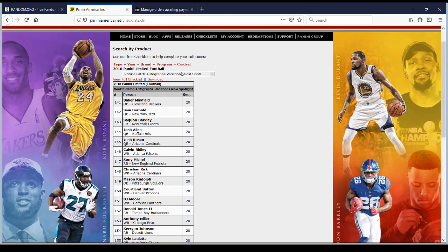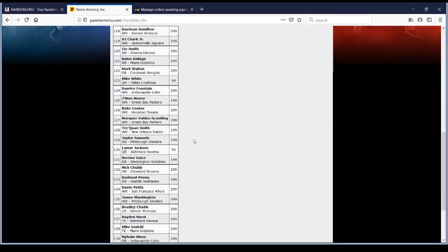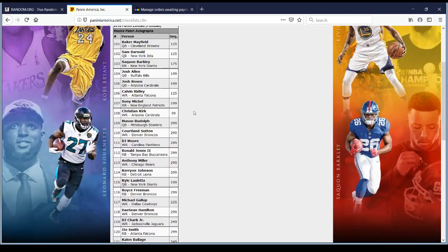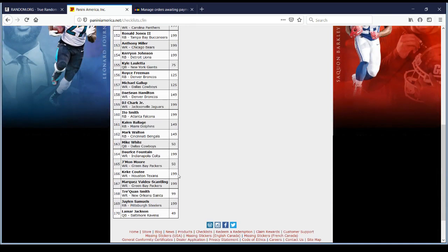Now we need to find rookie patch autograph variations without any color listed after it. That one will be our Jaylen Samuels. And he is going to be card number 169 in here. So I'm obviously in the wrong spot again. Oh, I forgot the variations again. Okay, sorry. Rookie patch autograph variations, card 169. Finally, Jaylen Samuels, Pittsburgh Steelers, number 2,